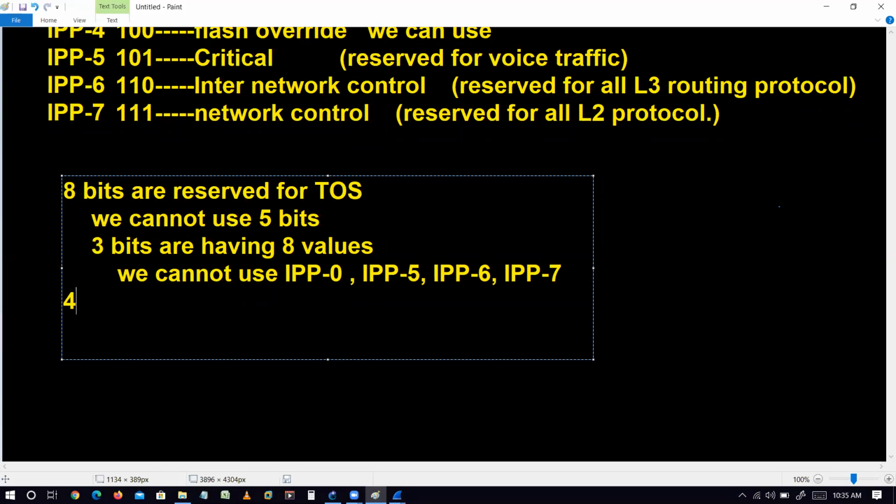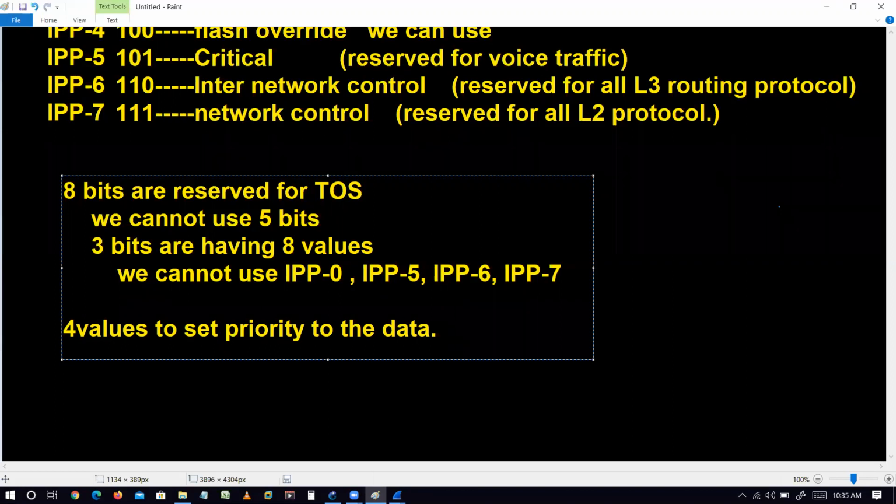We can just use 4 values to set priority to the data. It is clear, guys? And these are called my IP precedence values. Okay, it is clear, guys?